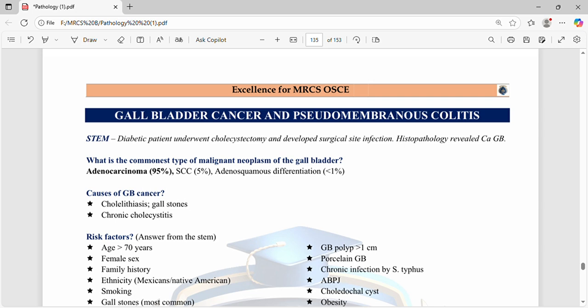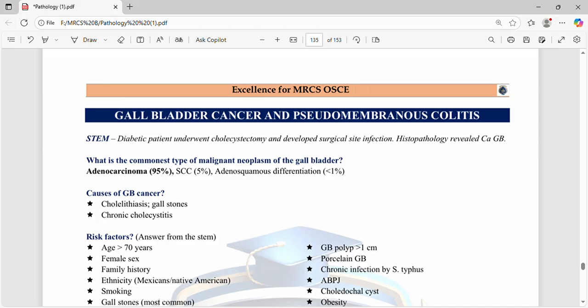Okay, so now we are going to discuss gallbladder cancer and pseudomembranous colitis. A diabetic patient underwent cholecystectomy and developed surgical site infection. Histopathology revealed CA gallbladder. What is the most common type of malignant neoplasm of the gallbladder? Adenocarcinoma 95%, squamous cell carcinoma 5%, adenosquamous differentiation less than 1%. So adenocarcinoma is the most common type of